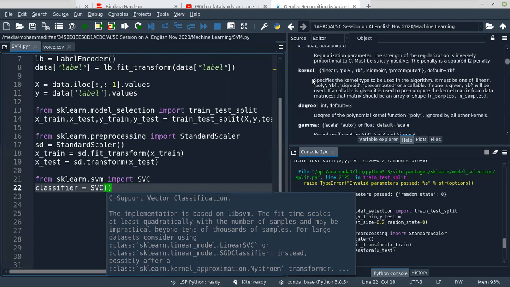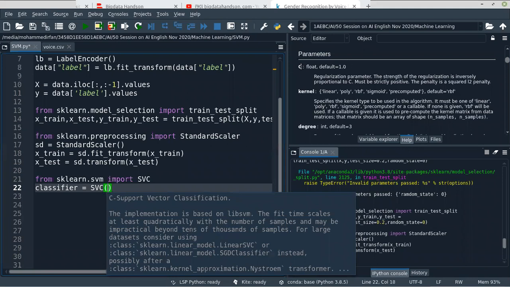Let me first explain what C is. You can see the definition: regularization parameter. The strength of regularization is inversely proportional to C, must be strictly positive. The penalty is a squared L2 penalty. So the C parameter is actually a regularization parameter, which means it controls the overfitting and underfitting.